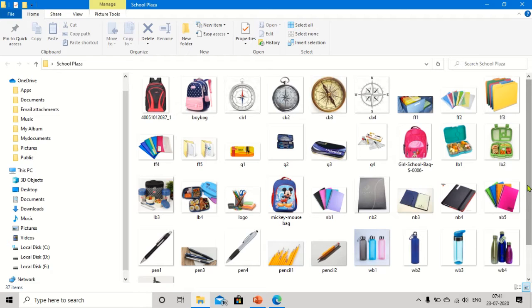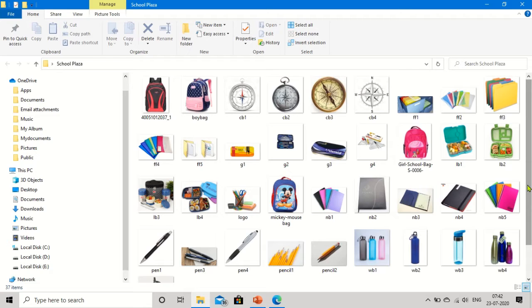I repeat, before starting this practical, make a folder on the desktop or anywhere and download the pictures which we require in our website. We need pictures like school bag, compass, water bottle, lunchbox, pen, pencil, erasers, files, and folders.